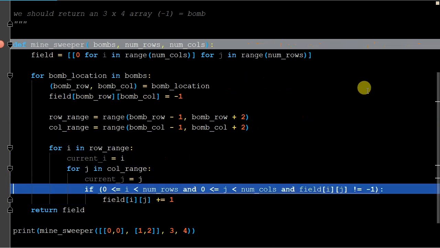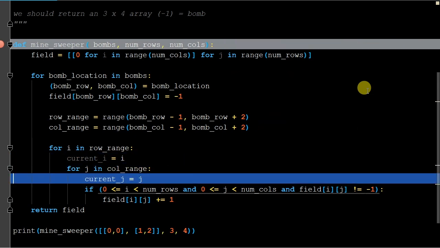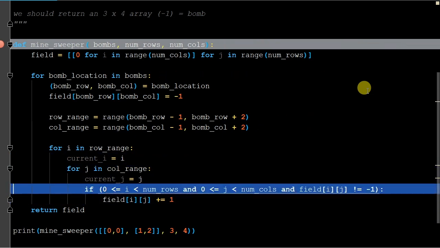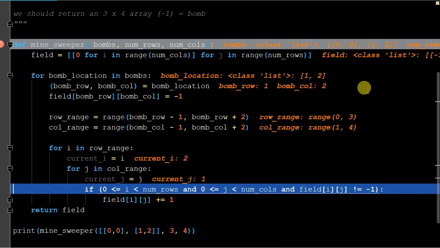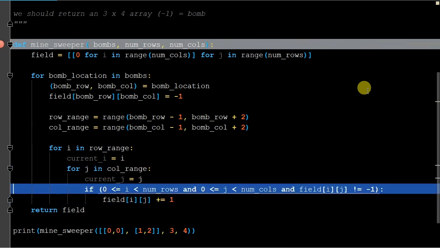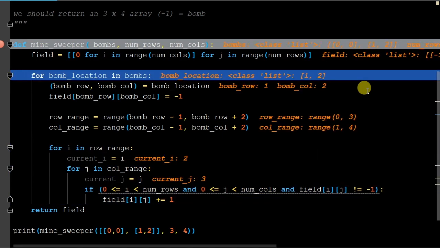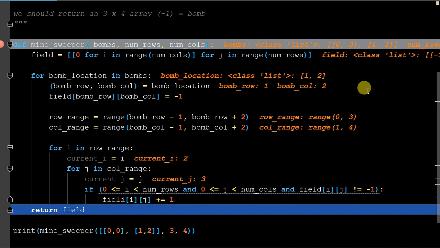Same exact thing. We're going to run through this for loop. Come on, baby. 1, 3, 2, 3, 2, 1, 2, 2. 2 should take us out of the loop. There's no more bomb location. So for bomb location and bombs, we're done. So now we're going to jump out of that final loop and get to return field. And if I F8 through that,